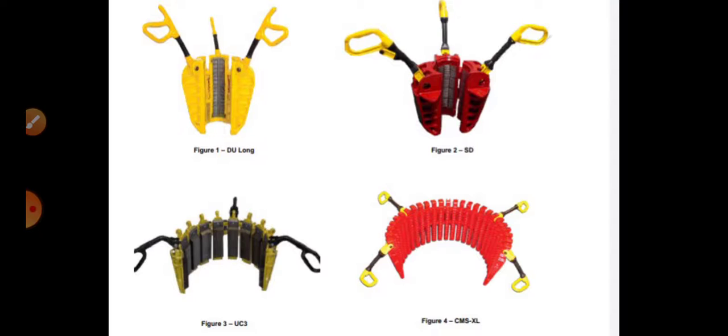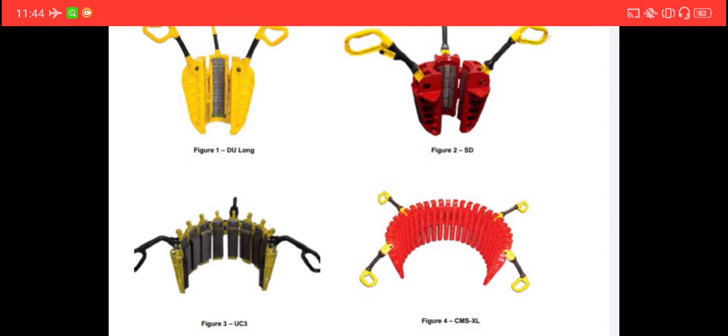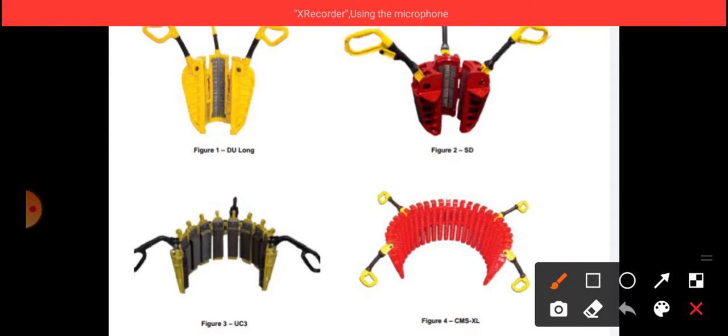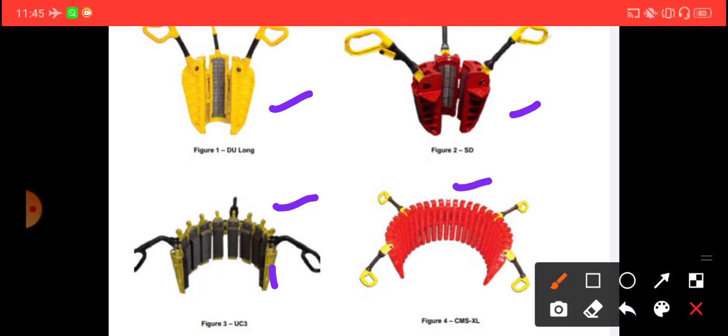So these are the different types of slips. As you see here, by seeing also you can notice the different shapes and different colors. There is an orange color, a red color, and a gold color outside of these strips. This is orange color. So what is this slip, and what is the difference between all these slips?